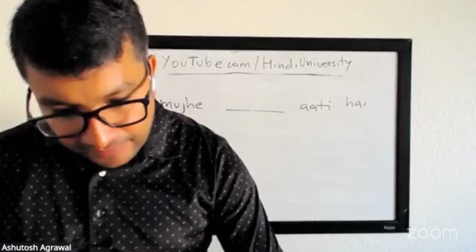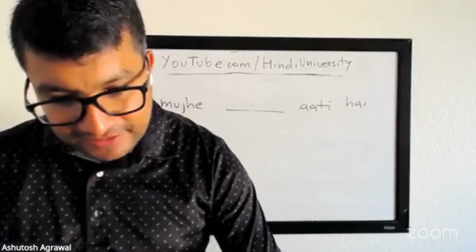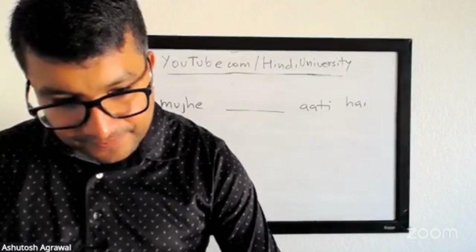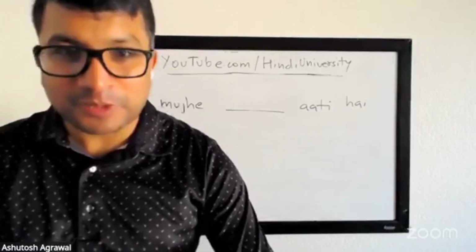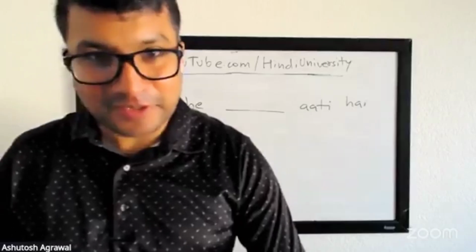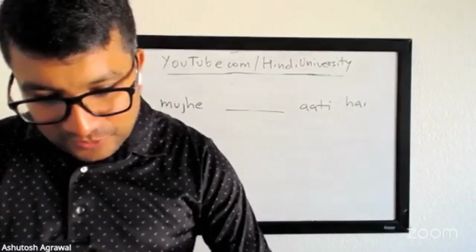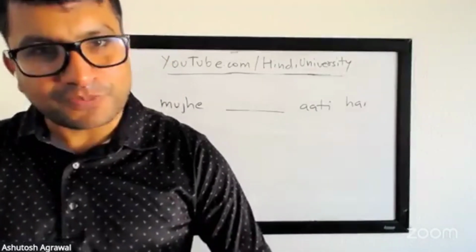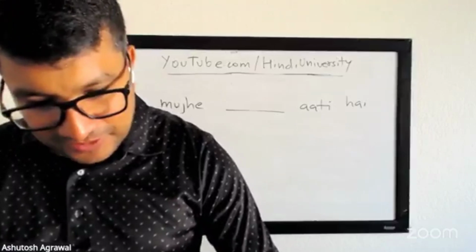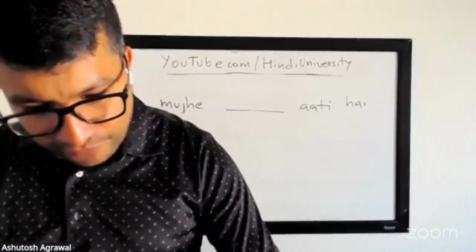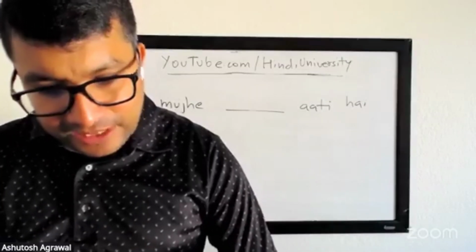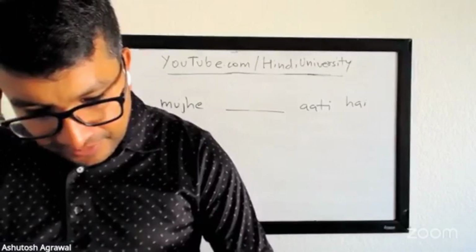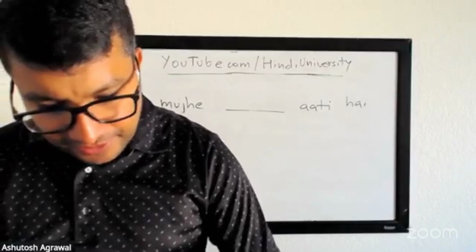Can I give a sentence? Yeah, please. मुझे भरतनाट्यम और बॉलीवुड नृत्य आते हैं. Beautiful. Is that correct? आते. Yeah. It's absolutely correct. So, if you know different forms of dances, you can definitely use that. So, मुझे dancing, you can say that also. If you don't know the word for to dance in Hindi, you can say मुझे dancing आती है. Wonderful. Okay, great. So I think this is good.